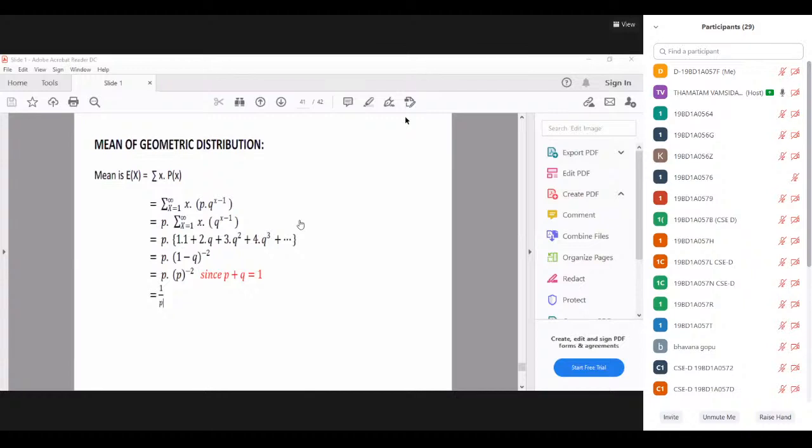What is the variance formula? Expectation of x square minus expectation of x whole square. Now next we'll discuss variance of